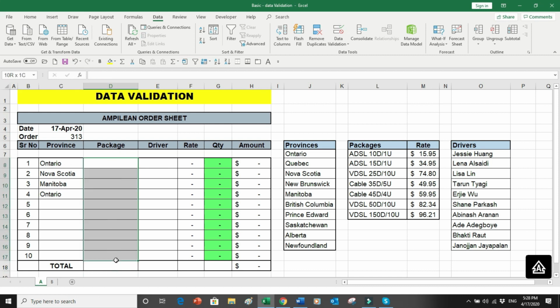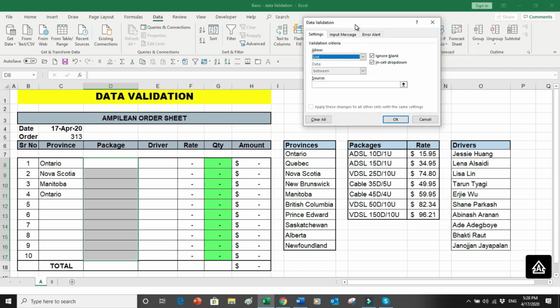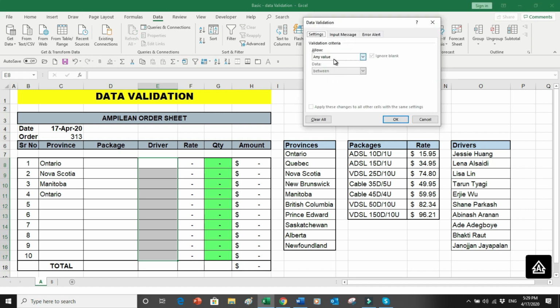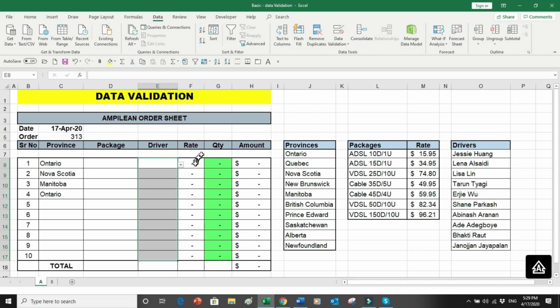Again, I will go to the packages side, go into Data Validation from the list, and where is my list for my packages? It's over here. Say OK. Then I will go to my driver side and say Data Validation. Yes, it is from the list, and the list is over here. Finally, I will not do the last one because I've already input a VLOOKUP formula here, which we'll discuss in our next session, so don't worry about it.